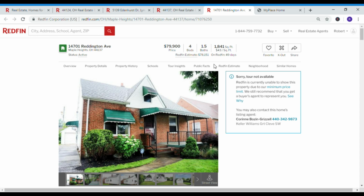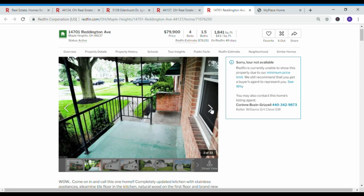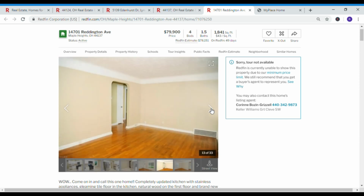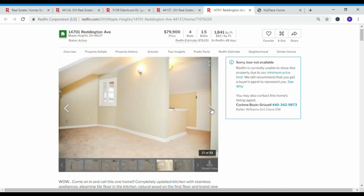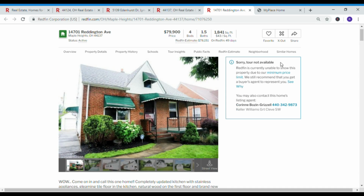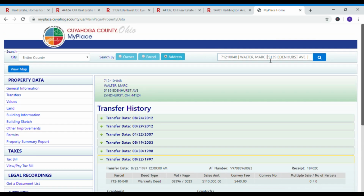14701 Reddington Avenue is a typical post-World War II Cape Cod, and it's listed for $79,900. This is an area that's more on the working class or lower middle class realm, and if we take a look through the photos here, we see that it does appear to be in good condition, and it looks to have been recently updated, very suitable for the area for that sort of lower middle class, working class type of area. If we hop back over here to the Cuyahoga County Auditor's site, we can look up this property, 14701